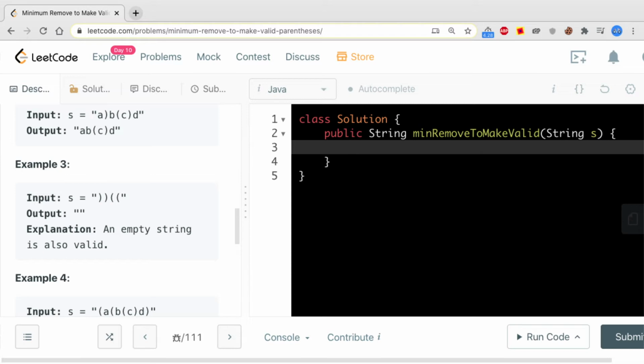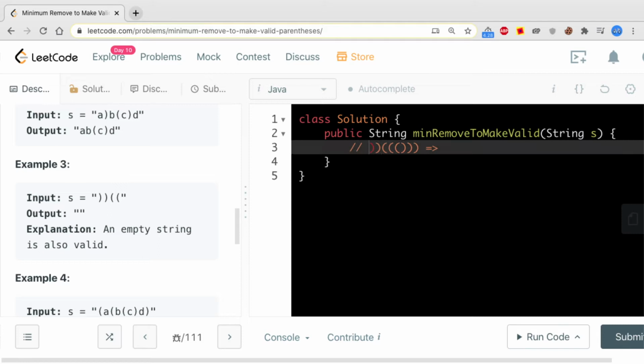Before we start, let's look at our approach. For example, say the given string has closing and then opening. Here we can easily identify that we are seeing the closing braces before the opening one.